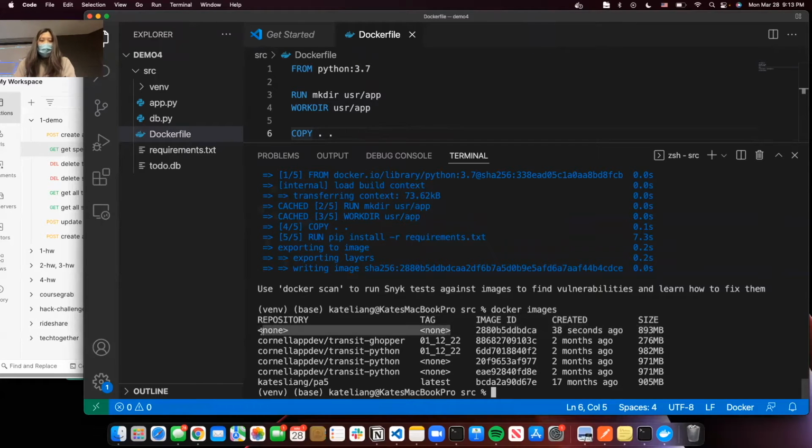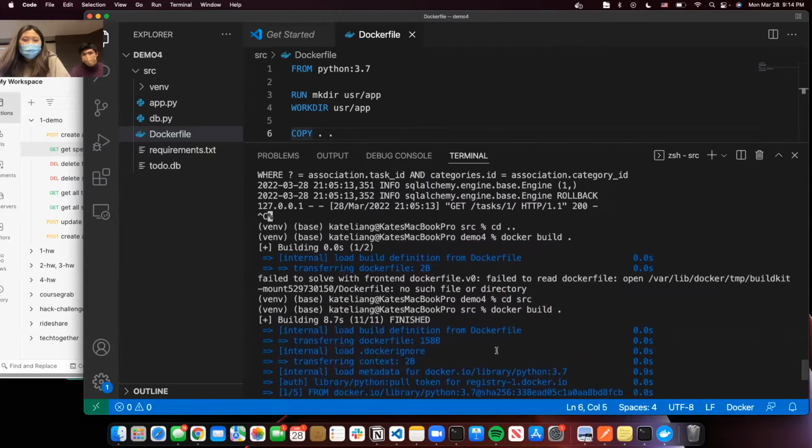But if you notice, it doesn't have a repository where it's tagged like the other images down here do. So how do we give it a repository and tag? We're going to alter our docker build command a bit. We're going to do docker build -t, and then we're going to define the repository name. So I'm going to do my Dockerhub username /demo5, and then